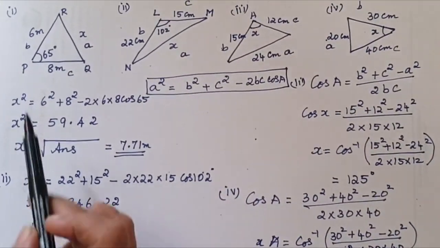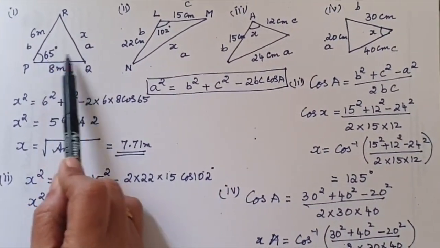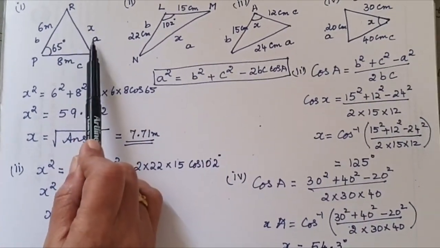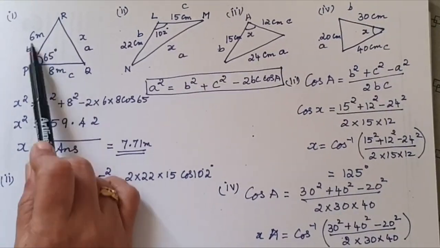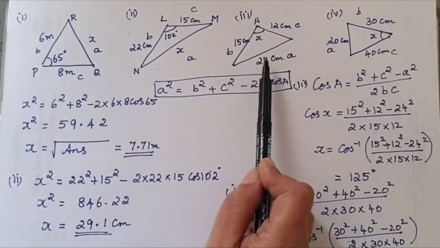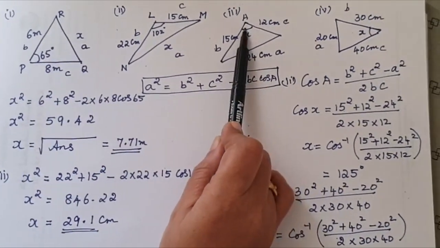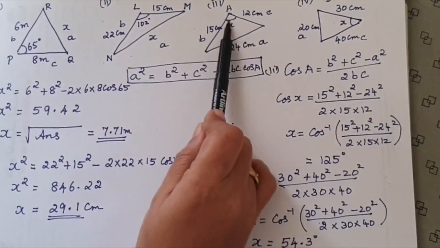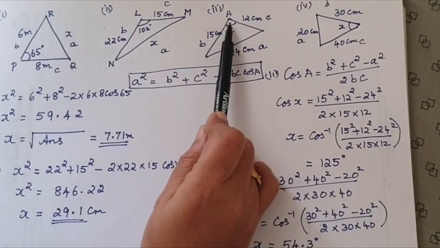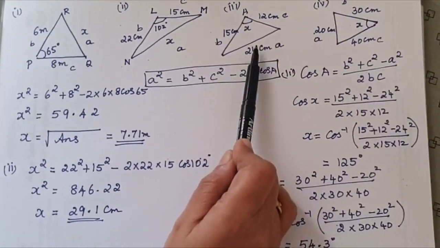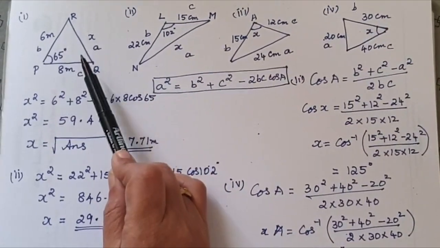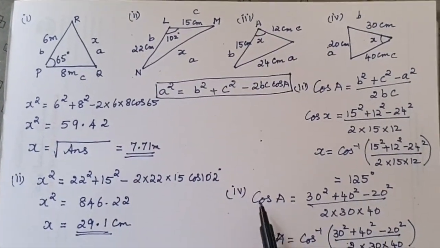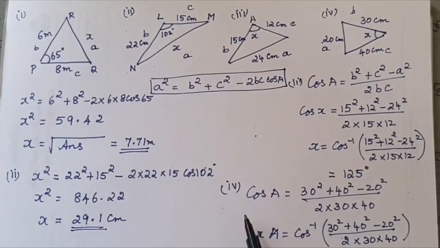When we find the side, you have to be very careful. Whichever side you are finding, you have to mark it as A. The other B and C can be interchanged. In the same way, when you are finding the angle also, you have to fix the side A, which is opposite to the unknown angle, which is opposite to the angle which you are finding. Always fix A whenever you are finding the side or finding the angle. Fix A, and then the cosine rule is easier to do.